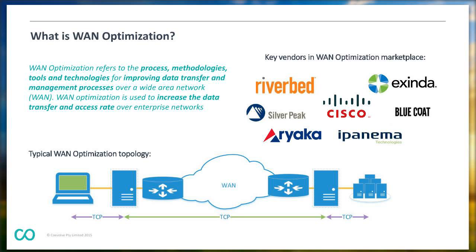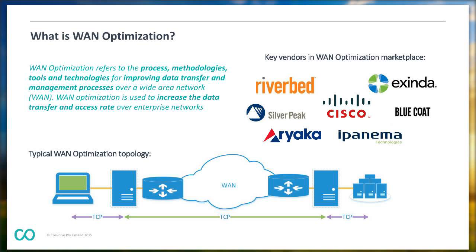And traditionally, that has meant appliances that are deployed at each of the locations around the network. And those appliances can come from a large number of different vendors. We've listed some of them here as the most common vendors that have offerings within this WAN optimization space. And most of those vendors are appliance-based models that get deployed. So you choose an appliance based on the size of bandwidth, the throughput that you need to optimize, deploy those at each of the locations, and that's what provides the optimization.